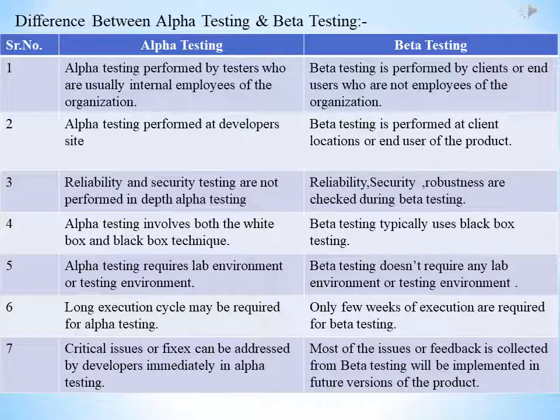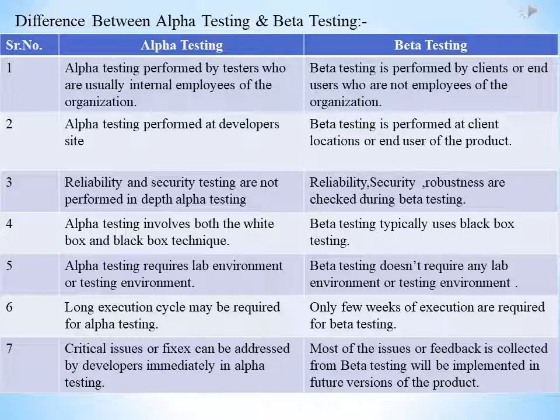Alpha testing is performed by testers who are usually internal employees of the organization, and beta testing is performed by clients or end users who are not employees of the organization. Number second, alpha testing is performed at developer site and beta testing is performed at client locations or end users of